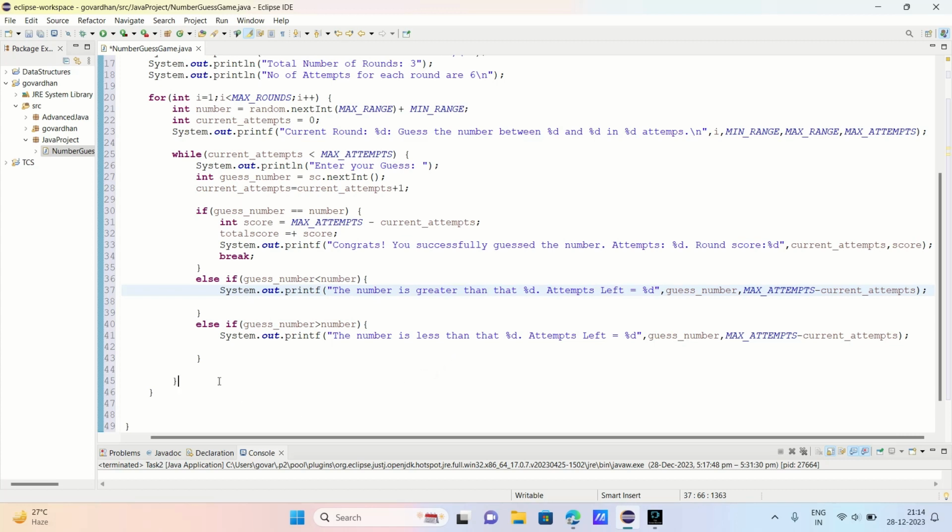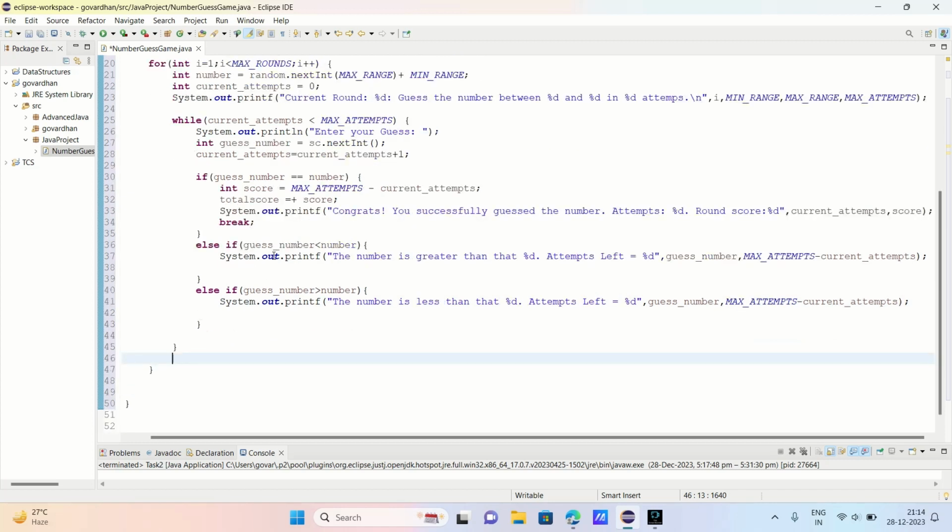Next, we will come out of this loop. Here we're going to check if our current attempts is equal to max attempts. If our current attempts is equal to max attempts, it means we used all the attempts that we have to guess the number and we lost. So we need to print